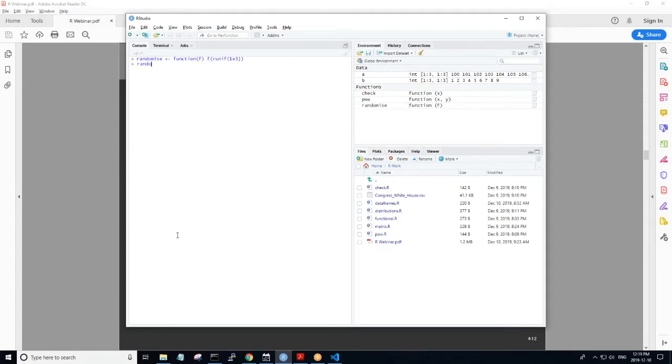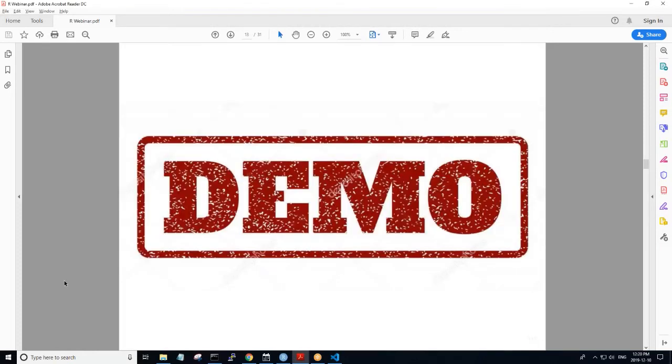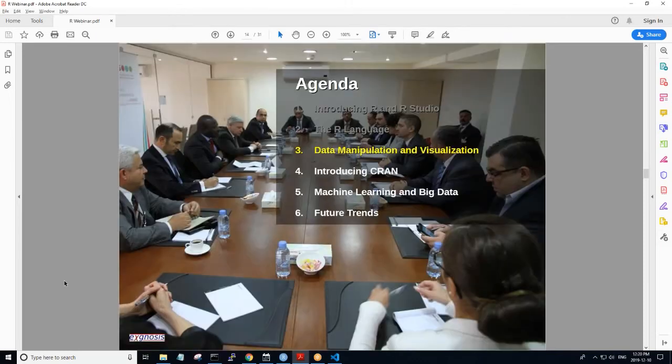Okay, so what we're doing here is randomize, as you spell it correctly there. And so we've just taken a random array of vectors and we've applied the mean function and returned a mean. So the idea here, from a programming perspective, and this is really what we just wanted to mention about this, is that R is a sophisticated programming language. And we don't actually need to do a lot of sophisticated programming, but it has that capability. So it is a well thought out environment.